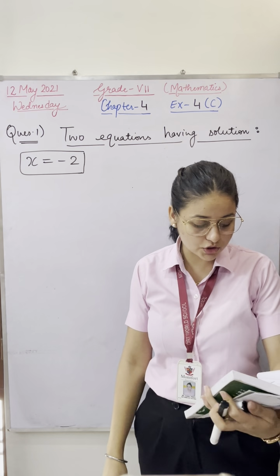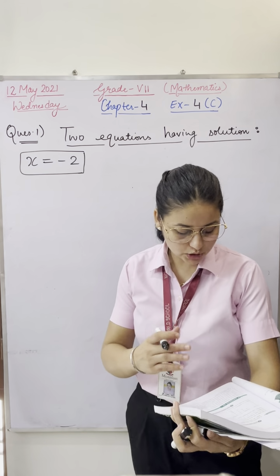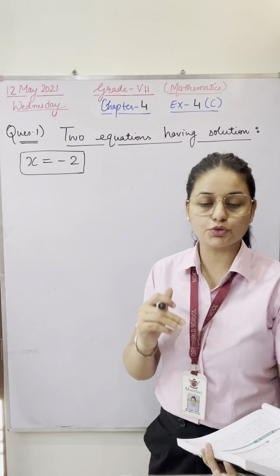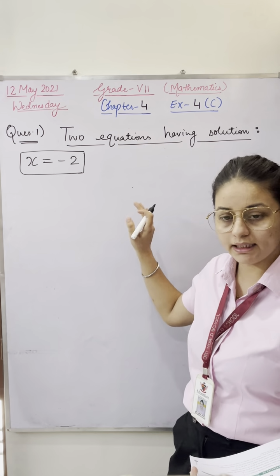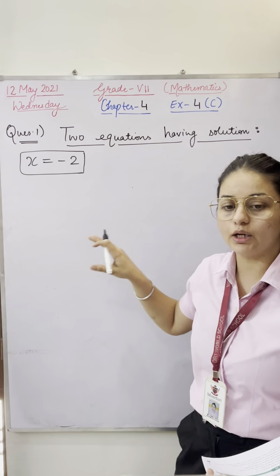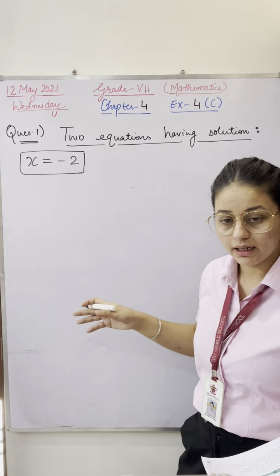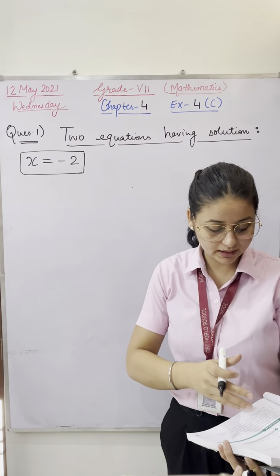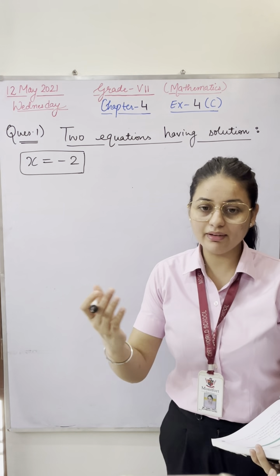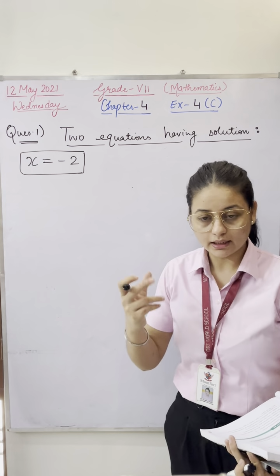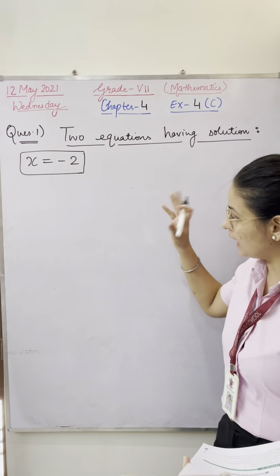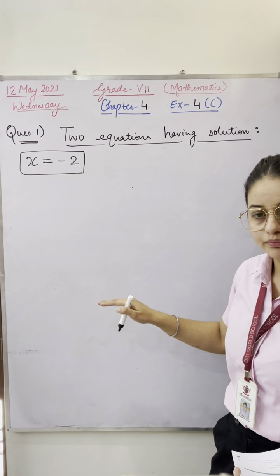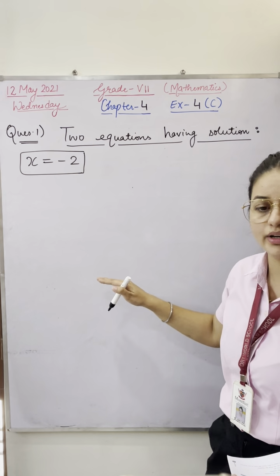So in this exercise 4C, you have all the word problem questions. All the questions are based upon the word problem. First two questions are a bit different. Other questions are just based upon reading out the sentence, writing it down as a simple equation and solving it. We have done such kind of questions in the previous exercises, how you read a statement and change the statement into a linear equation.